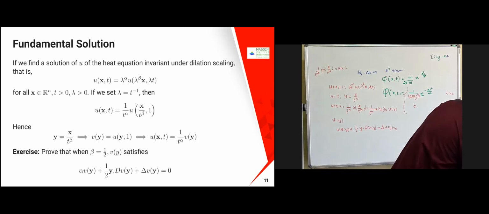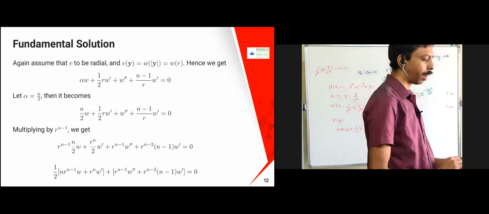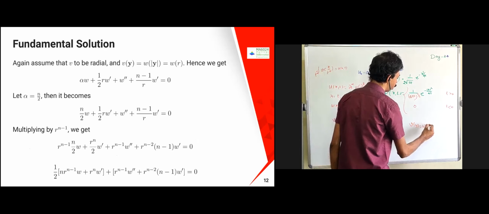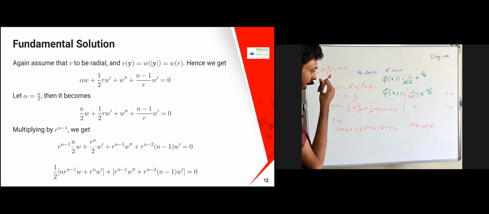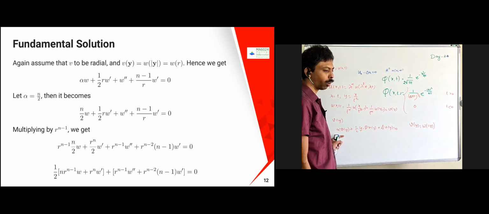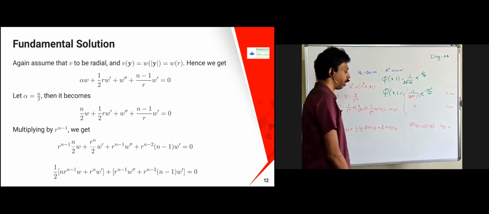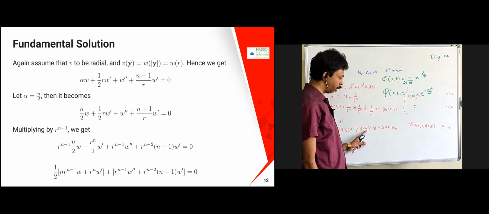Now I'm going to put one more substitution, and then I'm just going to be done; I'll leave the rest. So if I put one more substitution, v of y is equal to w of mod y. I'm just going to take the radial one, because this is what we did in the Laplace case also. If I substitute this, I will get alpha into w, and here y is nothing but r, the radial function which we did in the Laplace case also, the same thing. So this is going to become r, and this is going to become the derivative of w.